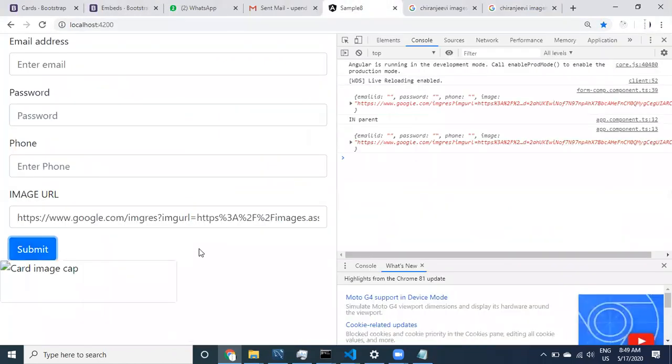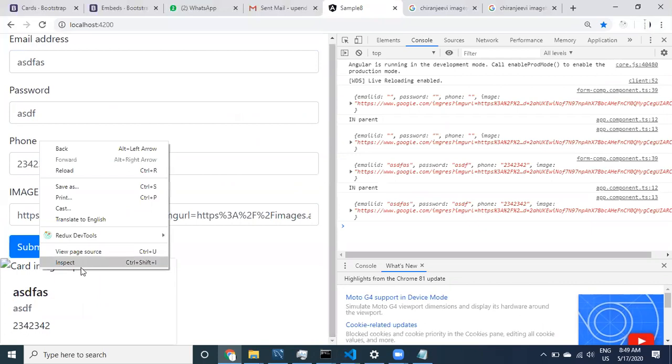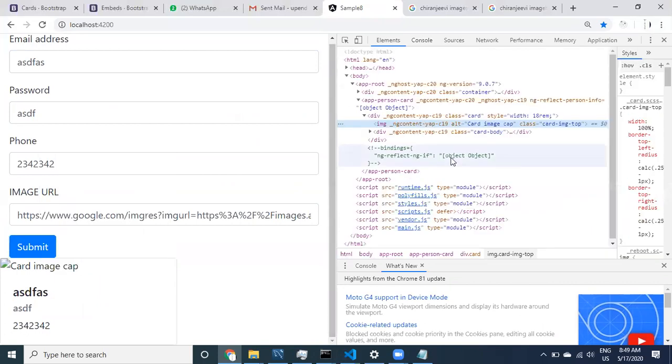Submit it. So what's wrong? Provide some data, some number. Click on this. Image is not getting printed. Maybe the URL is not proper because it was given by Google, right?